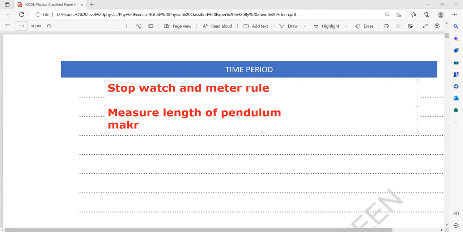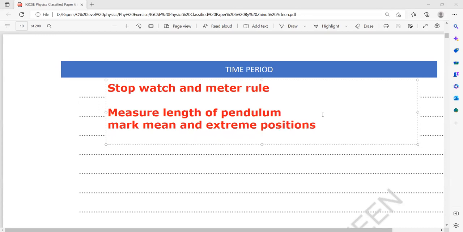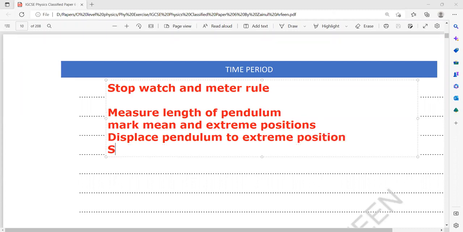And we'll mark the mean and extreme position. Then displace the pendulum to the extreme position. Then we'll start the timer